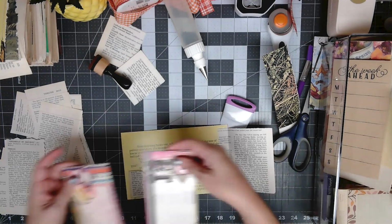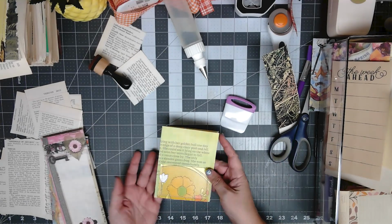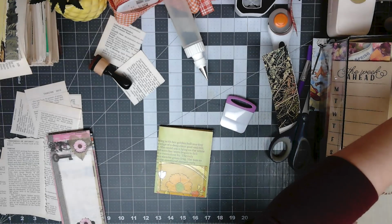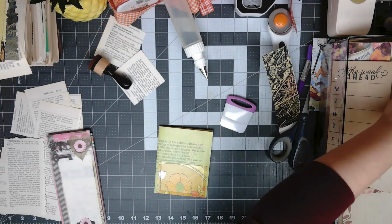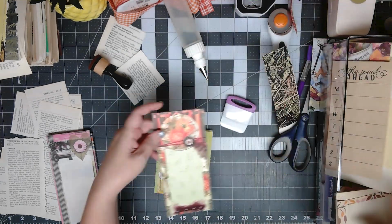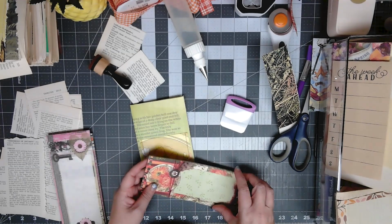Let's see. These are a little pink for what we've been doing so far, so maybe not those. Let's see what else I got in here. See if I've got anything that leans more towards the, that's Christmas. We don't want Christmas. Oh, there's this. This leans a little more towards those colors. So if I took this,